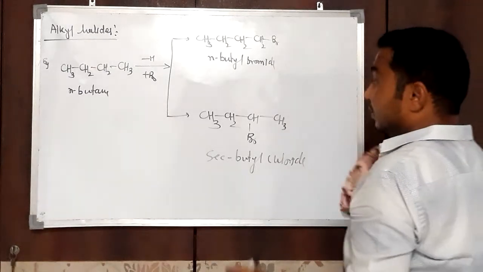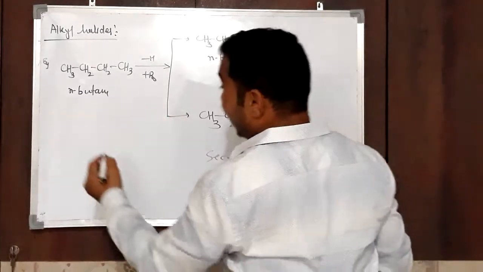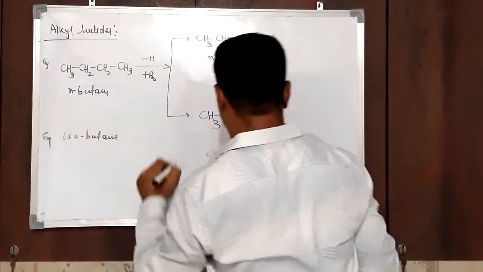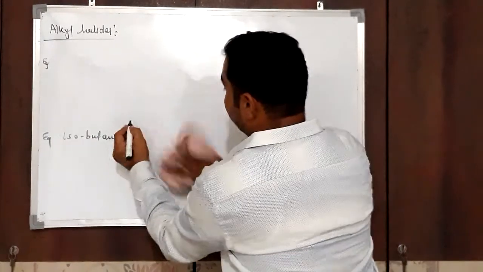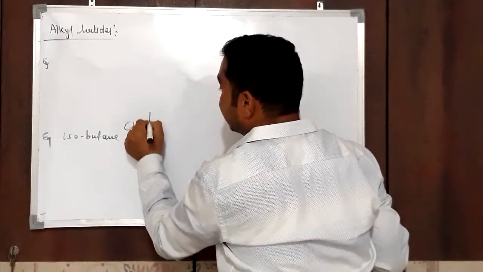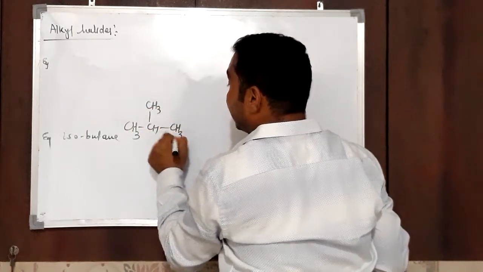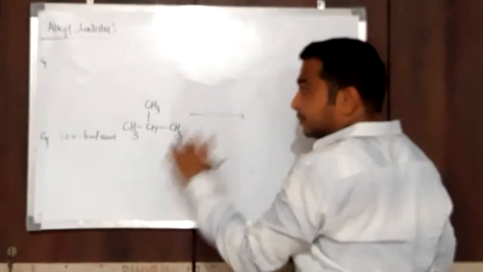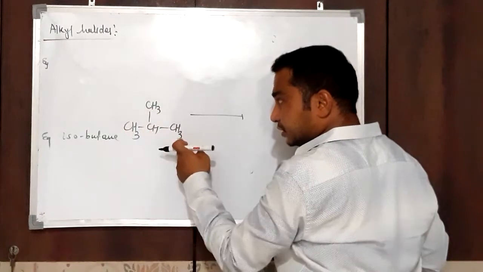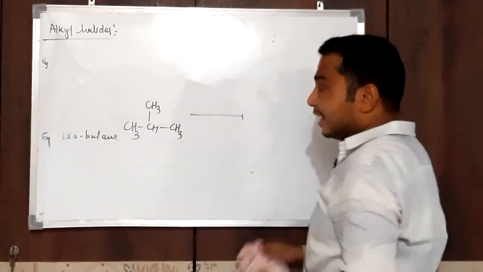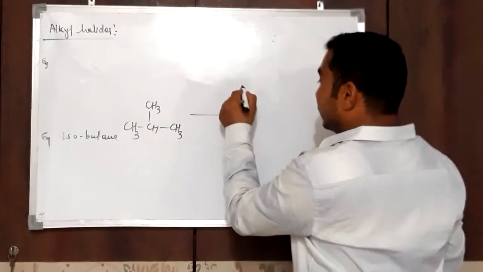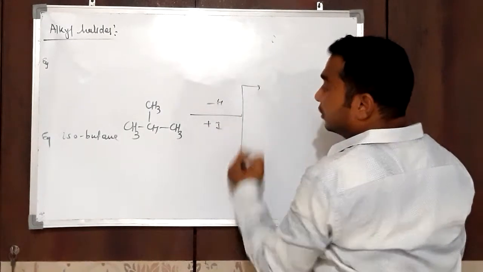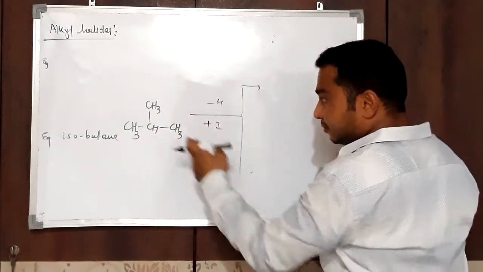Now take a different butane, isobutane. Isobutane formula CH3 CH CH3 CH3. Now in isobutane there are two types of carbon atom, CH3 CH3 CH3. These three carbon atoms are of one type, and this middle carbon is different. So we again have two choices. We can replace a hydrogen atom by iodine from one of the terminal carbon atoms.